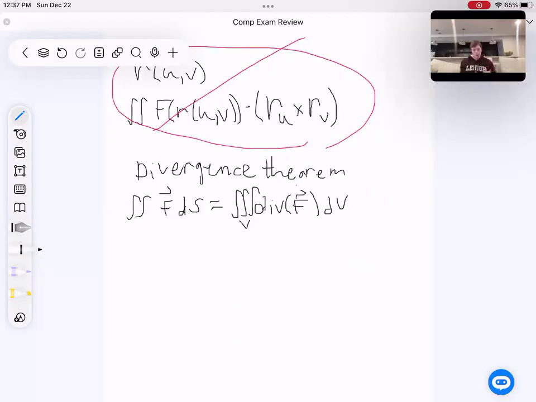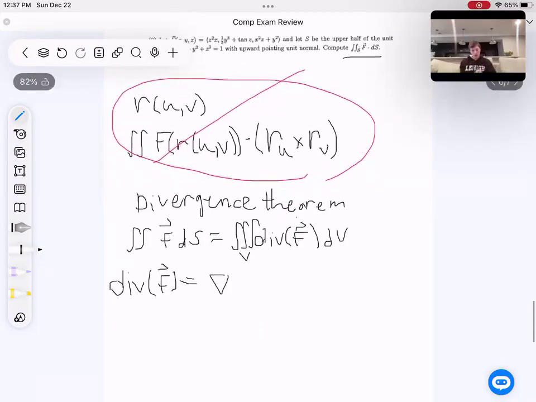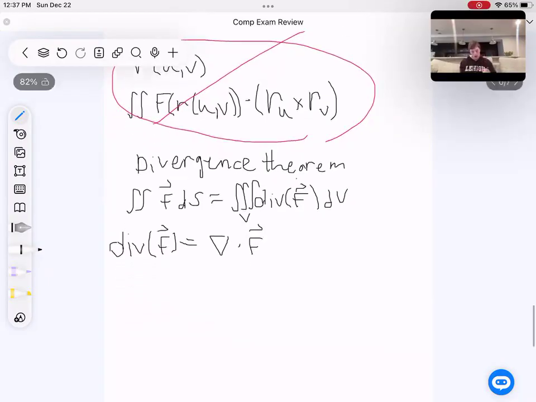And so in order to find that, we're going to have to find the divergence of F. So what is the divergence? Well, the divergence is going to be our gradient operator, the partial derivative operator, and then that is going to be dotted with the vector field itself. So the divergence is going to be a scalar field because this will result in a scalar valued function. So let me expand that out here,